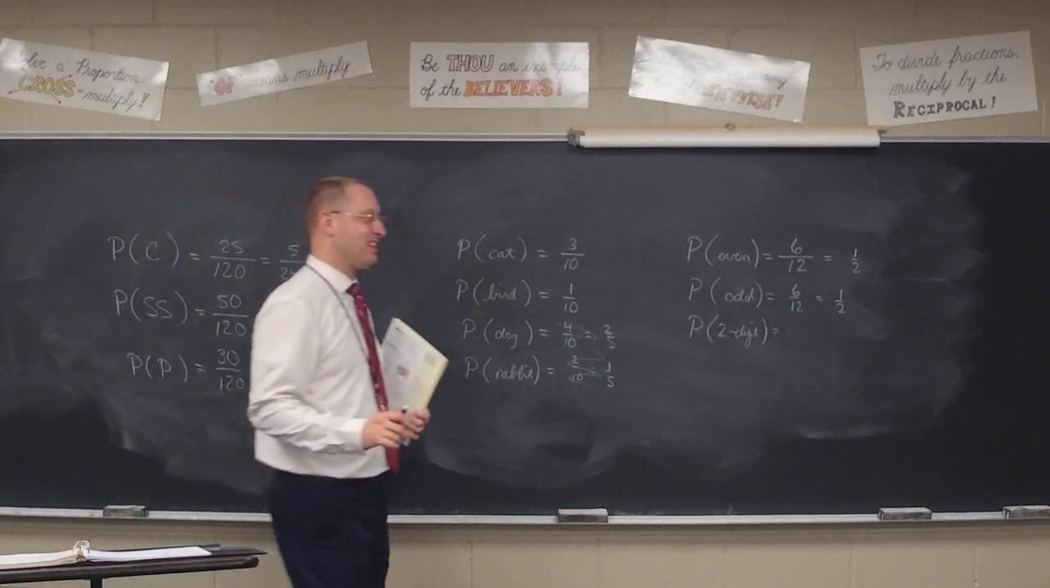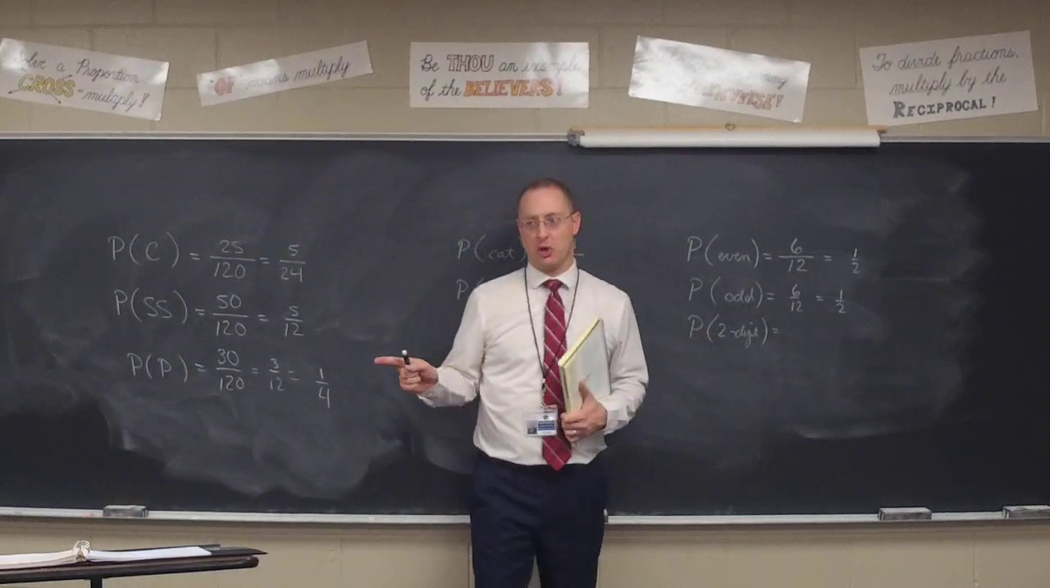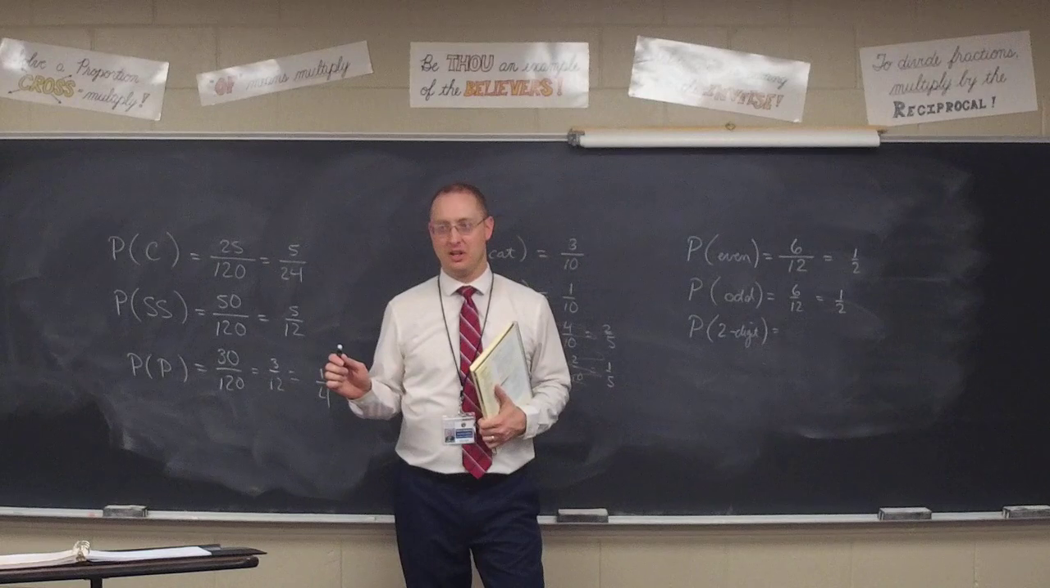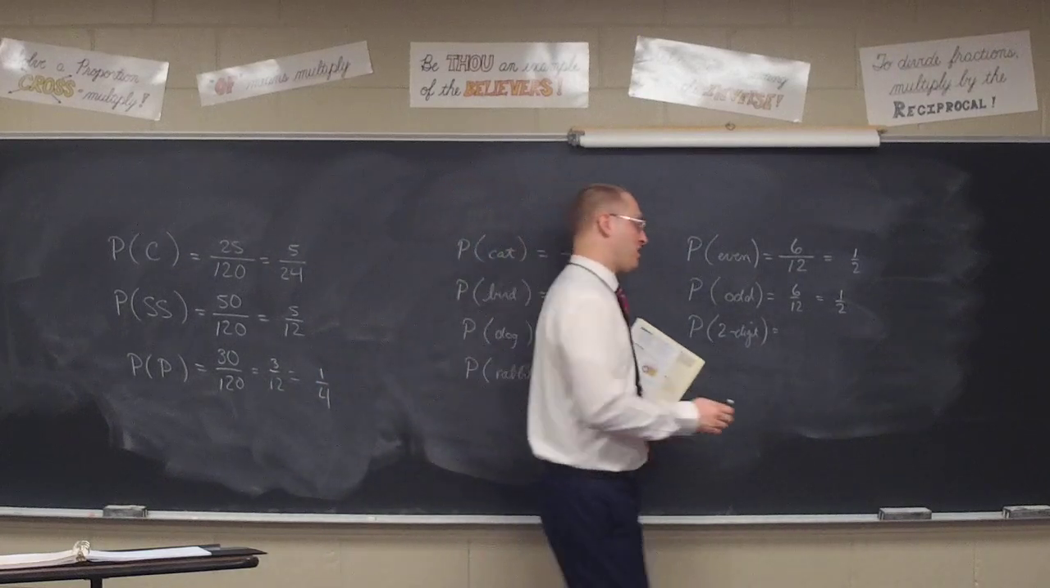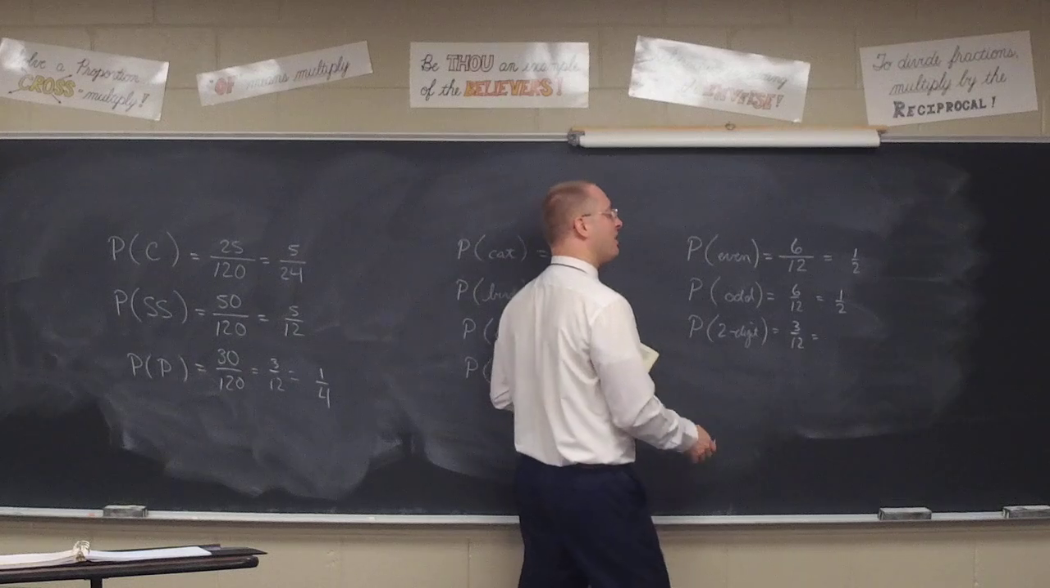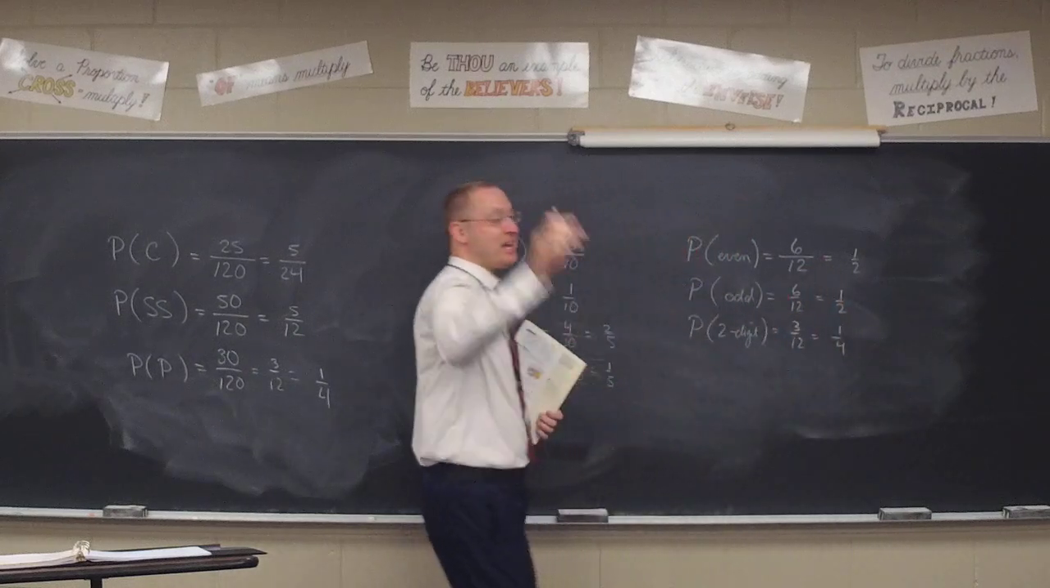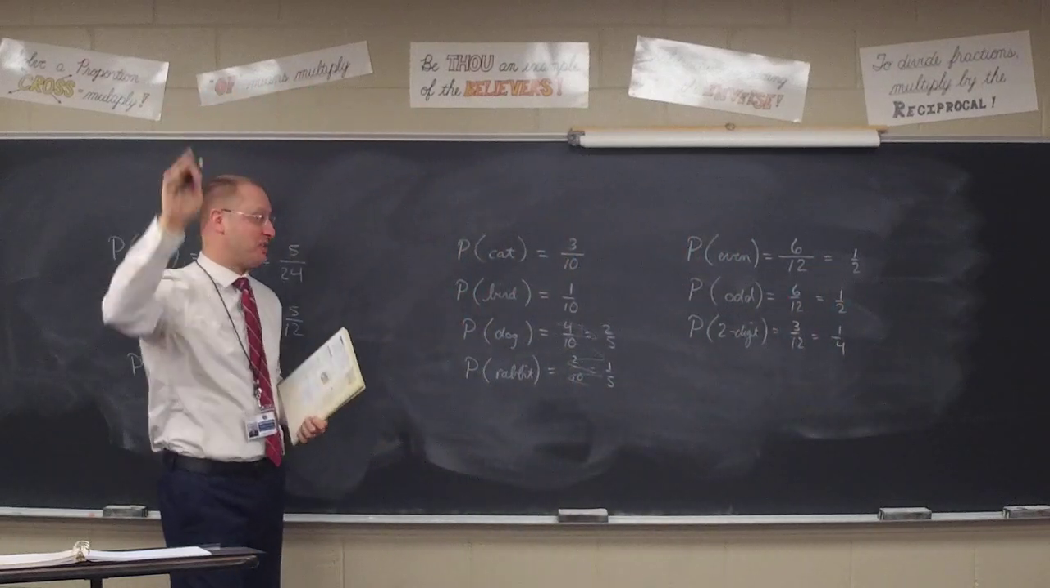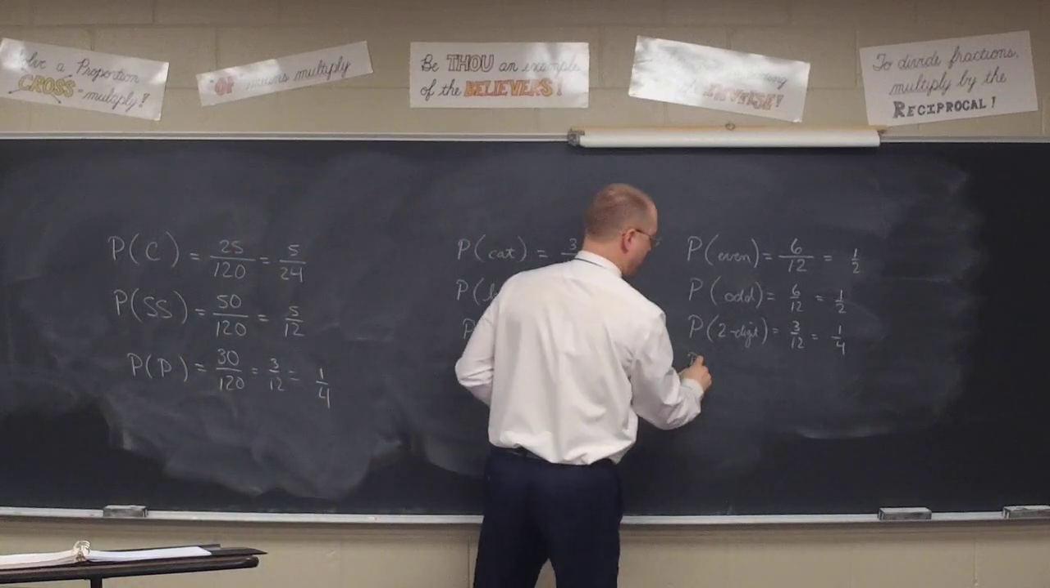Bryson, how many 2-digit numbers are on the dodecahedron? 3 of them, right? 3 out of 12. So we're going to say it's 1 to 4. There we go. 10, 11, 12 are your 3 2-digit numbers. Okay, so then the probability of a